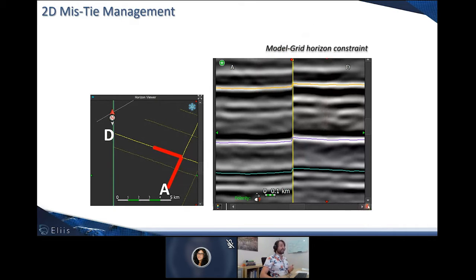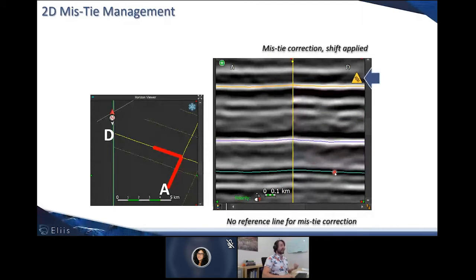Then, optionally, thanks to the bottom right corner button, the interpreter can control the vertical mistie and correct it according to the horizon constraints performed between the lines. So at any time, the interpreter can switch between enabling and disabling this mistie correction management.